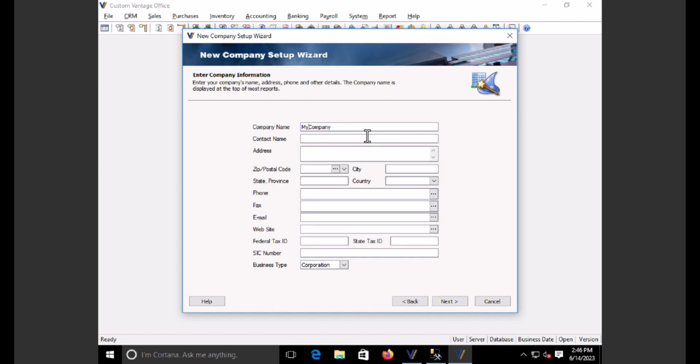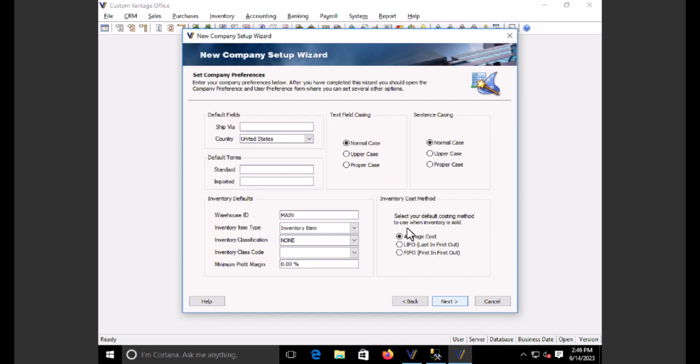Fill in all of your company information, etc. I won't bother to complete it here. What are your defaults? So if we have default terms, let's say net 30, imported means coming from the web. We might call that prepaid. Some people might call it credit card. Maybe my default shipping is USPS, or might be